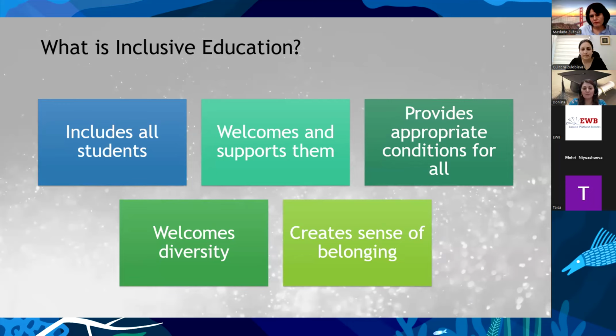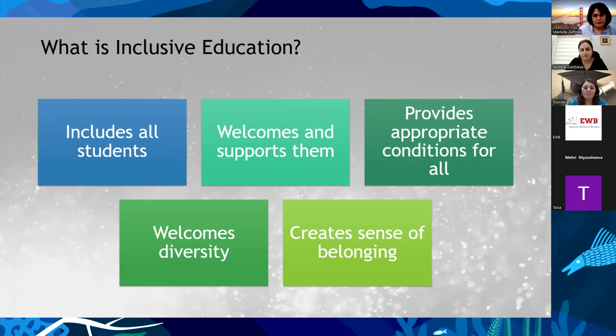It includes all students studying together. Many people believe that inclusive education is only for those with special needs, but it does not only cover those with physical disabilities. It is for all students who have equal opportunities to study in mainstream schools, and it welcomes and supports every learner within its learning communities, as well as providing appropriate conditions for all,